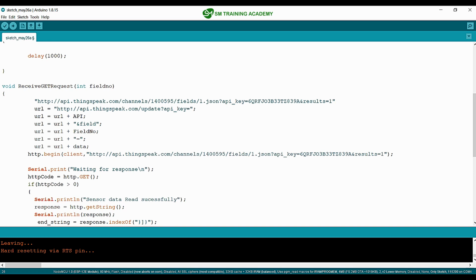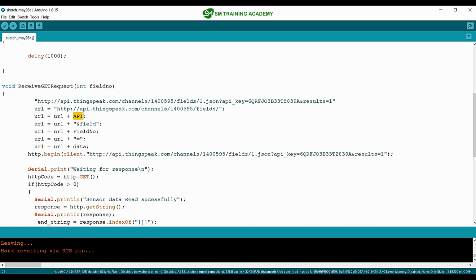So as I said, I'm just going to change only this field number, and other than that we are having channel ID and API key as a separate dynamic data. But since we are reading from a particular channel, and I am just going to write this function for reading from a particular channel only, I am just going to change this field number 1 here to be a dynamic data. So till here the slash, I am just going to paste it over here,